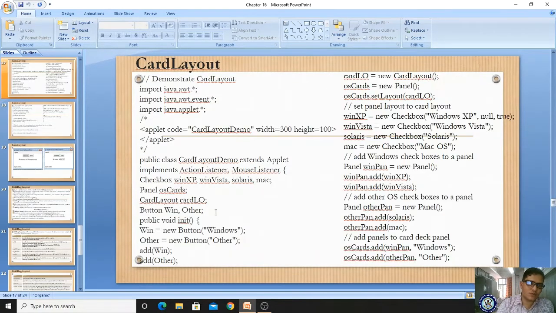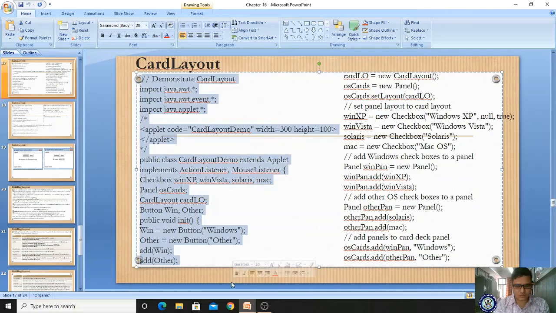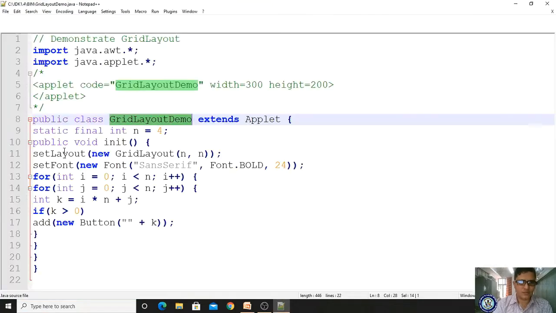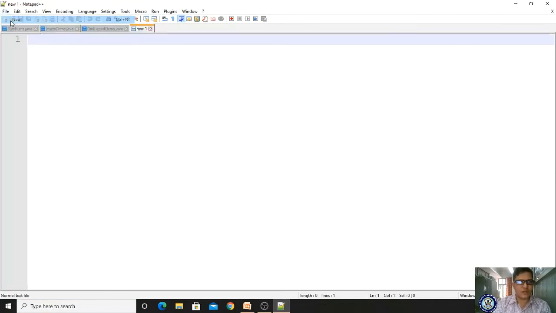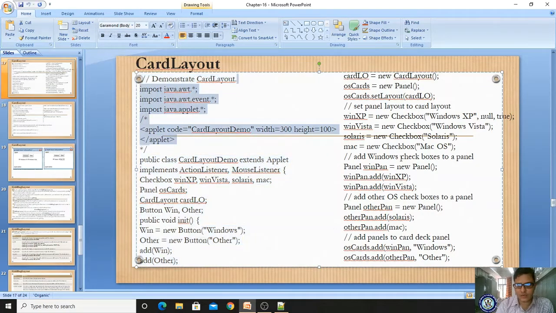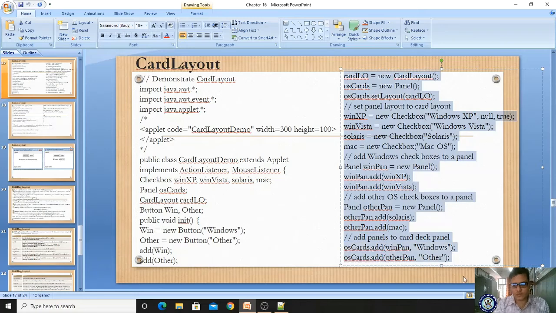Let's see whether it will work or not when I execute it. Let me copy. Take your Notepad++. Take a new file and paste it. And come here and take the card layouts.